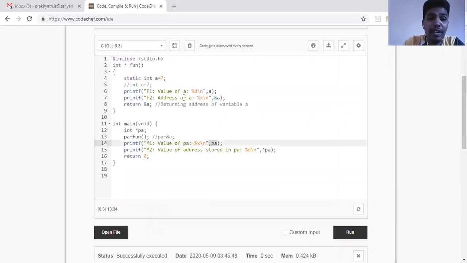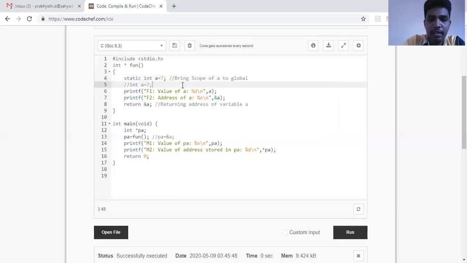You have to be very careful when you're returning pointers from a function, because you might miss writing static or making this A in a global scope. If you miss that, you will get a runtime error. Why? Because you should understand the concept of stack memory in your computer. It is core IT. What do you mean by stack? What do you mean by stack frame? How each function gets a stack and all. So I'll not get into that part of the memory. I'll just make you remember this much. Whenever you are returning a pointer from a function, make sure that particular variable is not in a local scope. Change the scope of the variable. So I'll be writing here, bring scope of A to global.